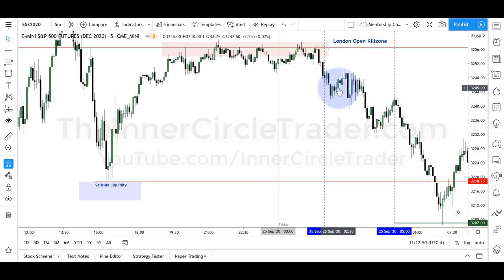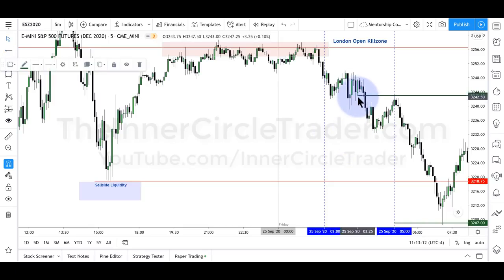And we have that. Then we have consolidation, and then we drive lower. First level would have been here, so you could be short already there, and your stop loss would be there. But say you missed it. Okay, no problem. This price run here, where's the order block? There. So if we look at that and put a line right on that low, right there, the high, 32.43. The low, 32.43. Perfect delivery of price. Sell short there. And where is it going to go? Well, we're going to aim for